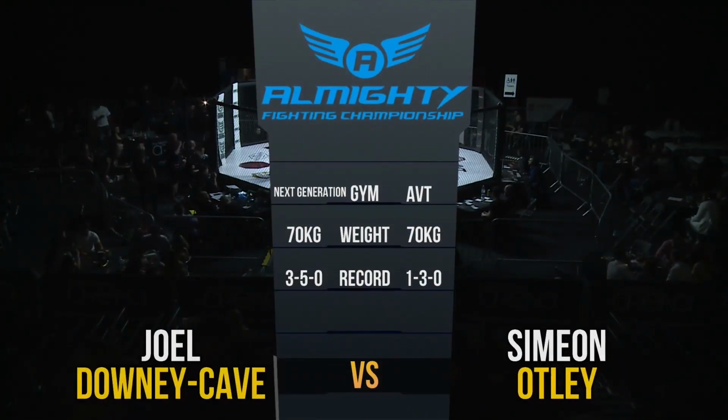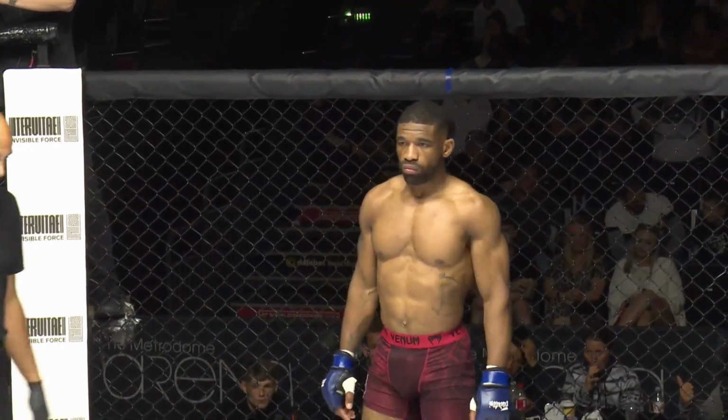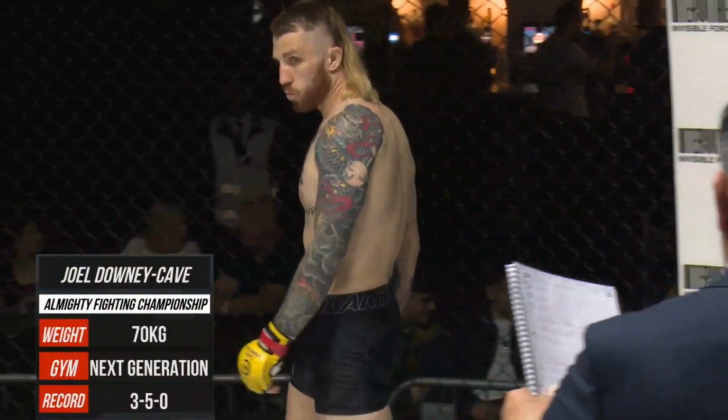Ladies and gentlemen, now for your official introduction, the fighter fighting out of the red corner, weighed in at 70.6. He's 24, stands 6 tall. He fights out of Next Generation and hails from Goulburn, New South Wales, Australia,